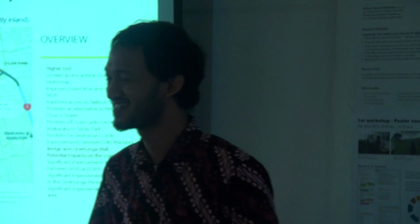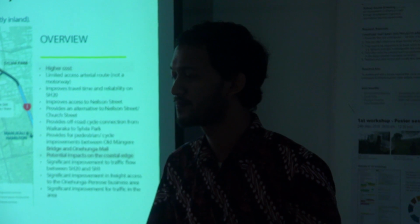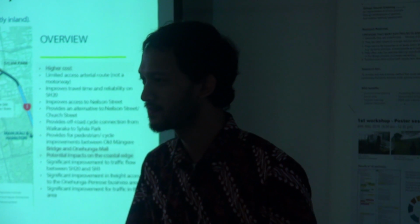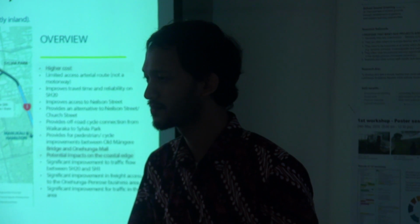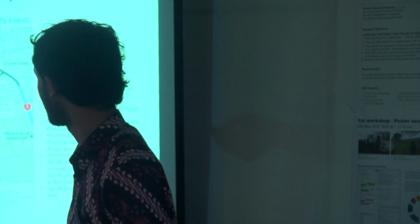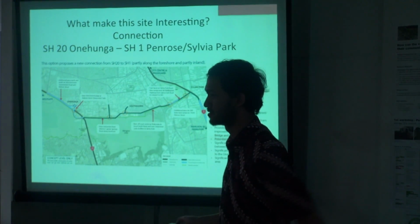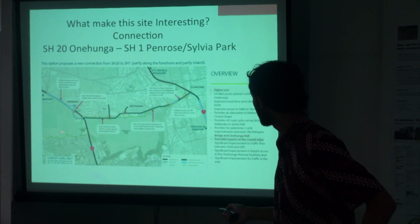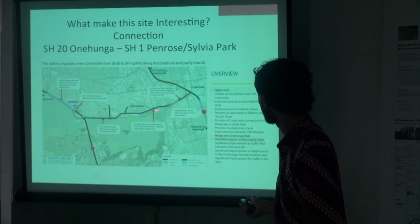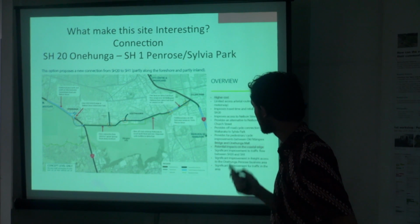The only thing that I put down was consultation, because you mentioned wanting to give extra value, so tell me how, as a Māori with a vested interest in that particular area, you're going to give value to me. A few days ago, I went to the site and went around it. There's housing here and a lot of people use the water for canoeing or sport, and they can use this area to do that sport. The second one is that most of them are factories, so if I open a new public space, they can relax here for a while. And the third one, I just realized that this is